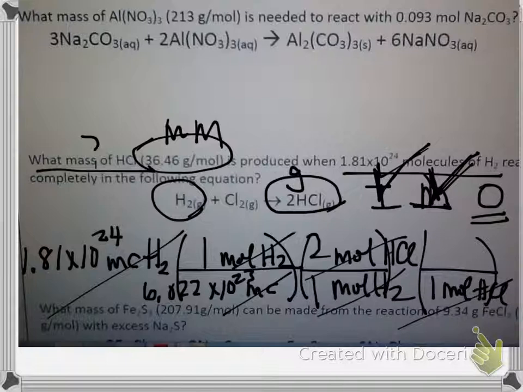What am I converting to? Mass, so that's going to be on top. We're given that HCl weighs 36.46 grams. Okay, so mass of HCl, we went out of the mole and we solved for mass. Now it's just a matter of calculating. So I'm going to grab my calculator and I'm going to put all these numbers in. Now remember, make sure you know how to use your calculator with all these